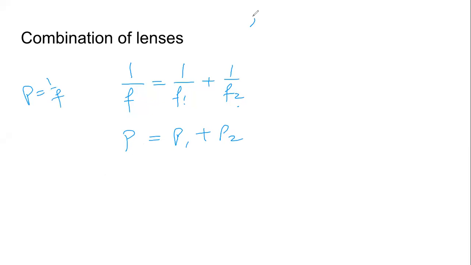Let us try solve a simple question related to this. If I tell you that the focal length of one lens is 5 centimeters, the focal length of the second lens is also 5 centimeters, what will be the focal length of the combined lens? अगर हम इन दो lenses को combine करेंगे, तो जो lens बनेगा उसका focal length कितना होगा? Use the formula. Of course, you will use the first formula. Try calculate and tell me what the answer is.